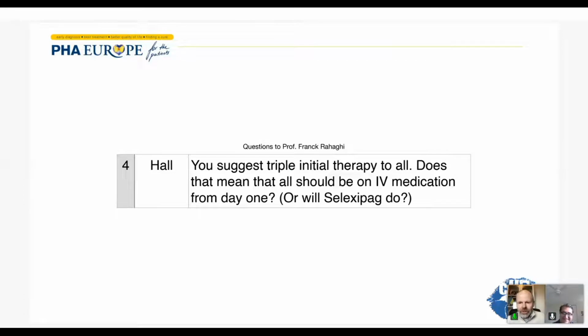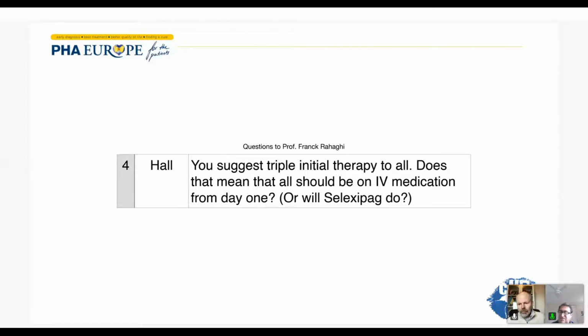Another question. You suggest triple initial therapy to all. Does that mean that all should be on IV medication from day one, or will selexipag do? Oh God! So the Triton study basically, unfortunately, did not give great results for upfront selexipag therapy. I actually think that it was partly because of the design, and I am in favor of an upfront triple therapy. There's more evidence at this point for upfront triple therapy that involves an IV medication, and the reason for that is